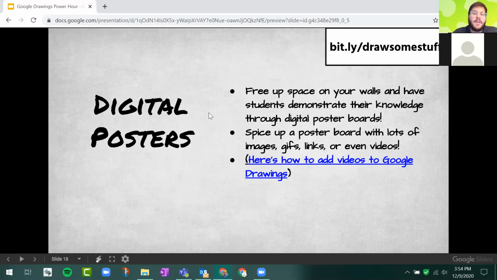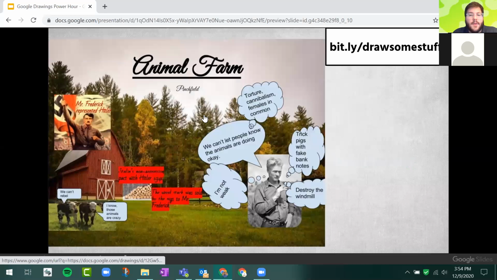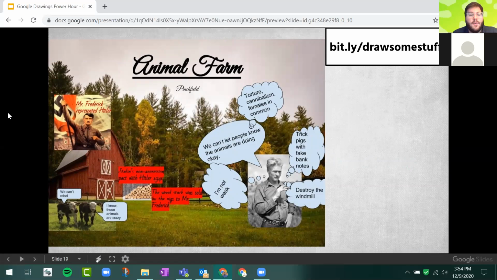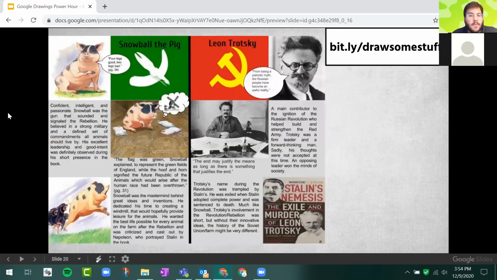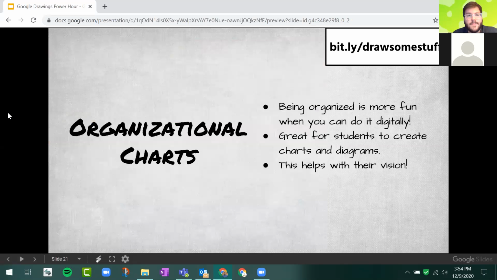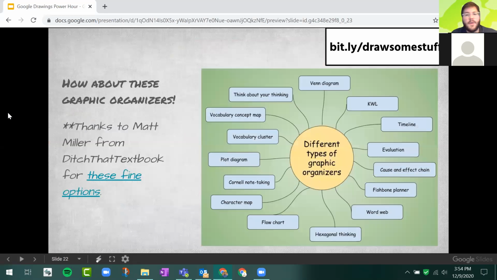Okay, digital posters as well. You can, of course, make your own digital posters. That's a classic use for Google Drawings. So instead of kids taking out poster board and all the art materials and everything, you just make your own graphic in Google Drawings and turn it in digitally. Here's the same idea that we see from Animal Farm. And of course, you can do your own charts and